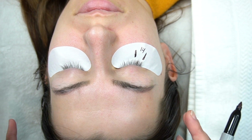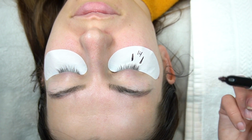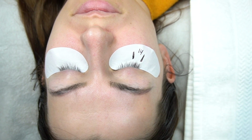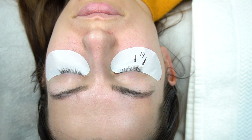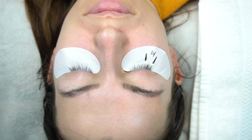So since it's my first time doing her lashes, I want to work on the side of caution and do lower diameter as well as lower dimension lashes on those lashes, just to make sure that they're able to hold weight. And then later, if I choose or if she chooses, we can get more drama and really bump those up. But we'll do that one fill at a time